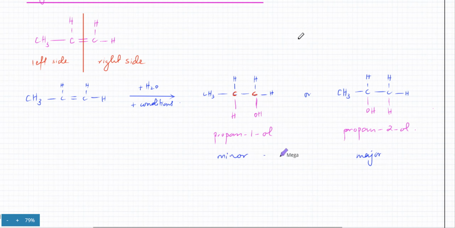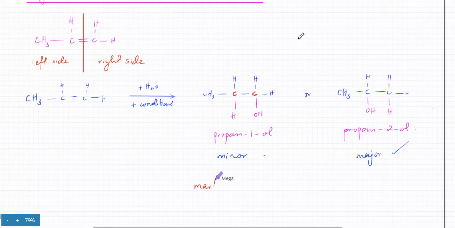Now, how did I decide which one is going to be formed in a larger quantity? Let me just confirm. It's going to be propan-2-ol. That's your major product. So how did I figure out that propan-2-ol is going to be my major product? Now there's a rule which is called Markovnikov's rule,